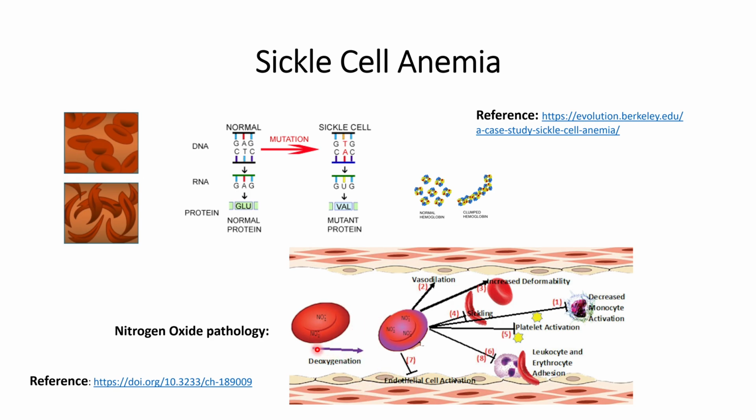So this is the deoxygenated blood, and these are the blood cells, and in the deoxygenated condition they form sickle cells. However, whenever there is nitric oxide treatment, when the cells come in contact with nitric oxide,